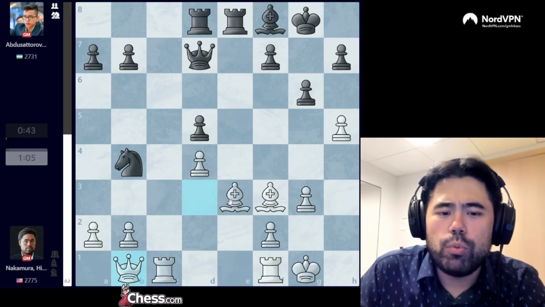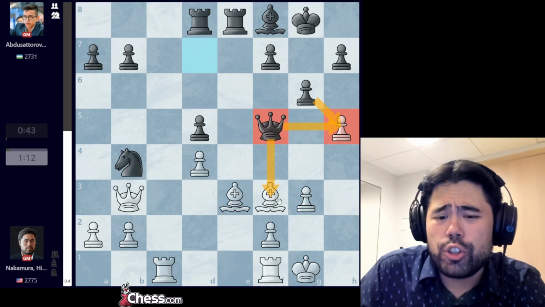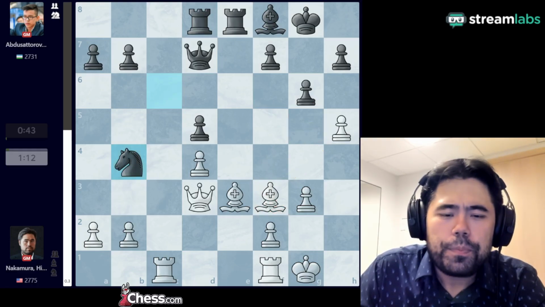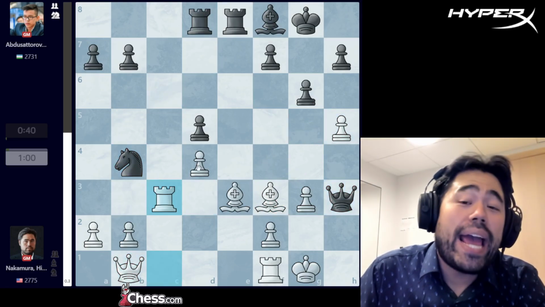I play queen to b1 here, and not queen b3 because I thought queen f5 was kind of scary. The queen is targeting both the bishop and the pawn. We, of course, have a classic right triangle, but it just felt a little bit sketchy. So I choose to play queen to b1, Noterbeck goes queen h3, and now I have to play this move